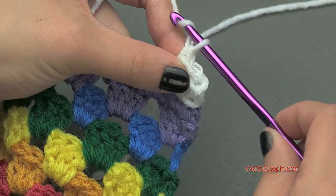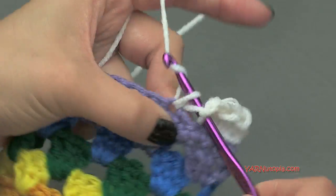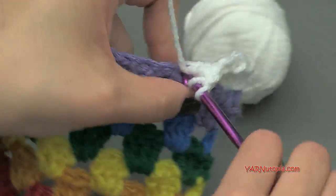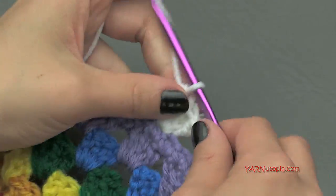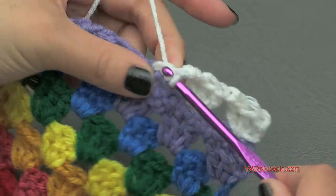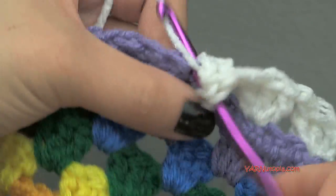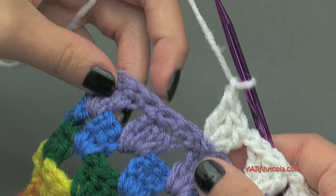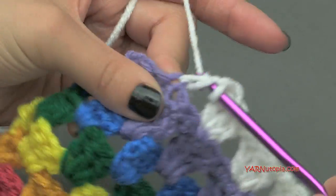First we have to chain 1, go into the 3rd stitch for 3 double crochets. So 1, 2, and 3. Okay, then chain 1, skip 2 stitches and put 3 double crochets in the next stitch. 1, 2, 3. Then chain 1, skip 2 stitches, go into the next stitch for 3 double crochets,